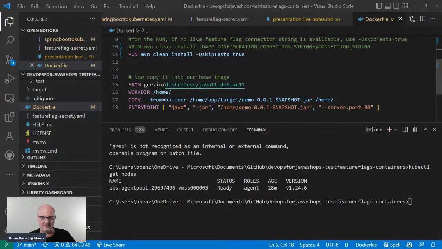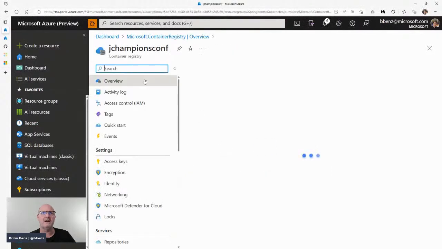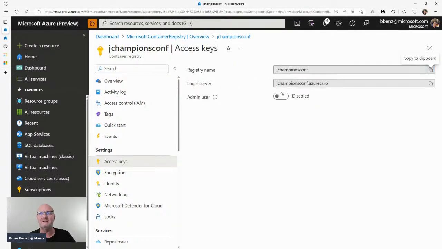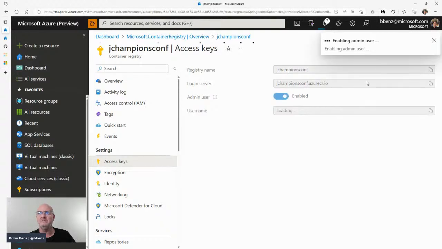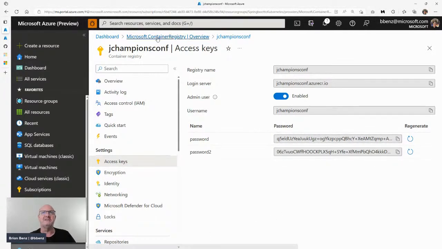So let me show you something really cool about that. This should be, yeah, good. So the resource we've got is created. Good. There's one thing we need to do here. I need to turn on the admin user, because the admin user allows third parties to access this securely. You still get a password. You can't see the whole password there, so I can show it, although those should be blanked out. Anyway,